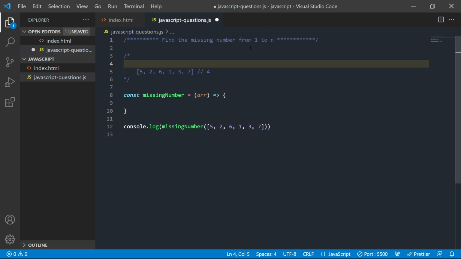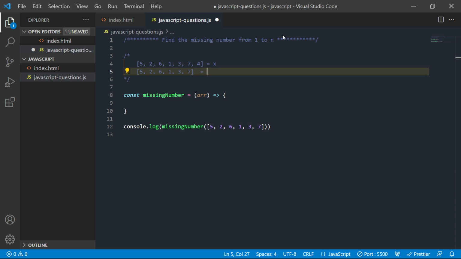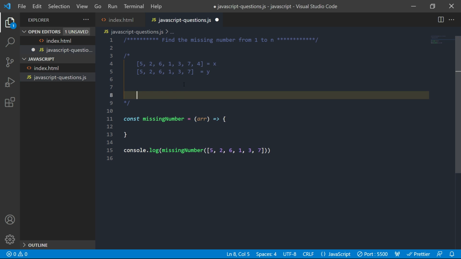For example, let's sum the numbers from 1 to n, 1 2 3 4 5 6 7, let's say it's x, and the sum of the given array gives y, and the result will be x minus y. So this gives the missing number.